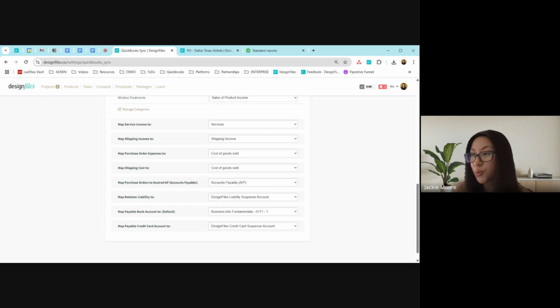Now, just as a quick little recap, within this sync, we are syncing over invoices and purchase orders to QuickBooks. So the mapping of the categories here all ensures that the data coming from these two documents flows into the correct accounts, whether it's an income, a cost, or a liability account. The key here is selecting the right accounts to ensure that any payments going to vendors are recorded properly. Any income that's coming in is being reported correctly into your reports, such as a profit and loss or